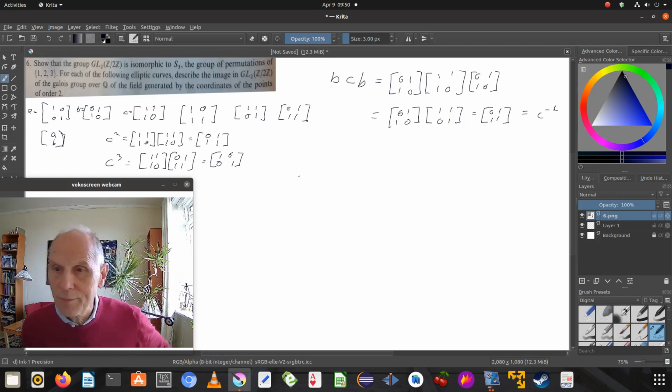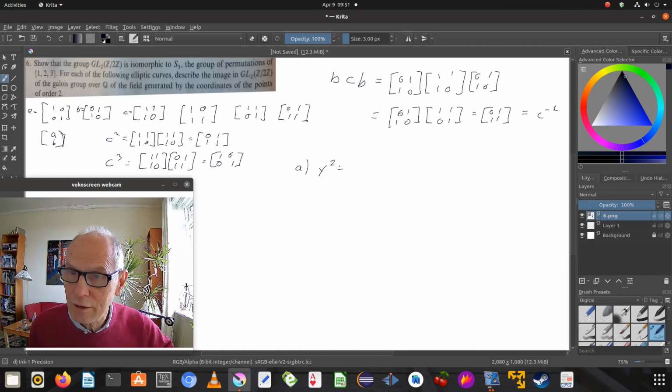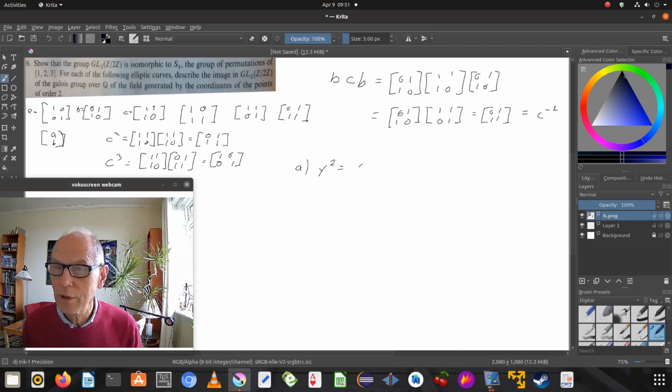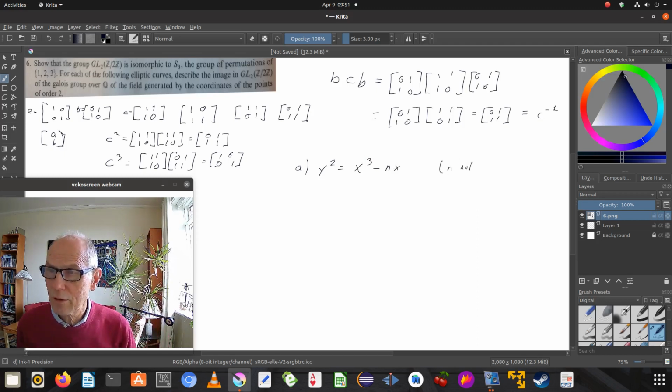So let's go to the curve y squared equals x to the third minus nx, n not a perfect square. So the points of order 2 are